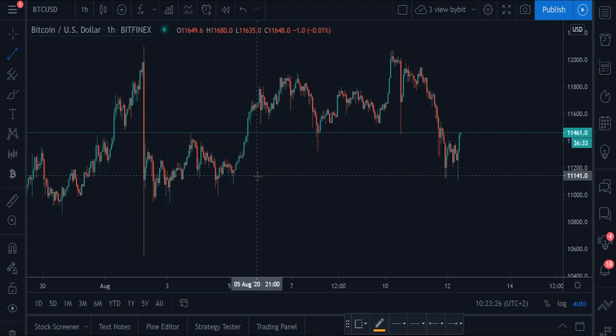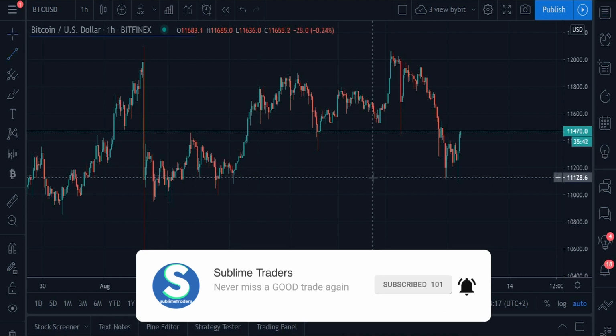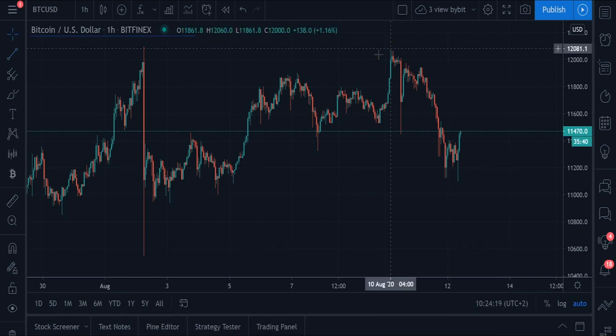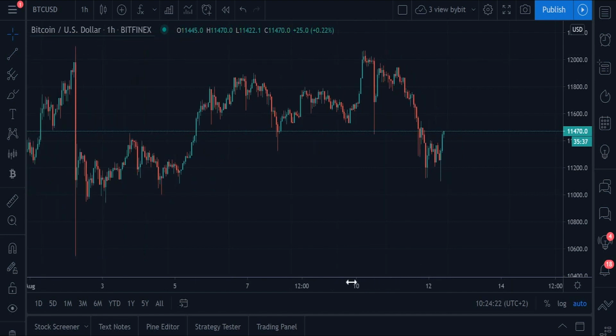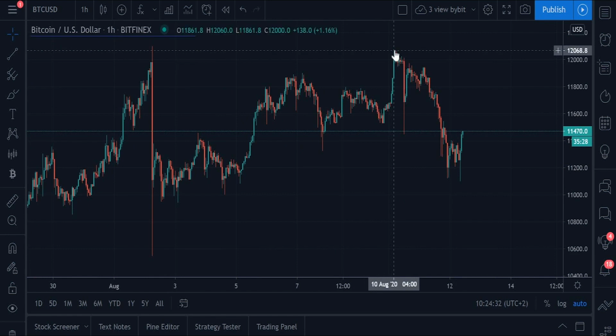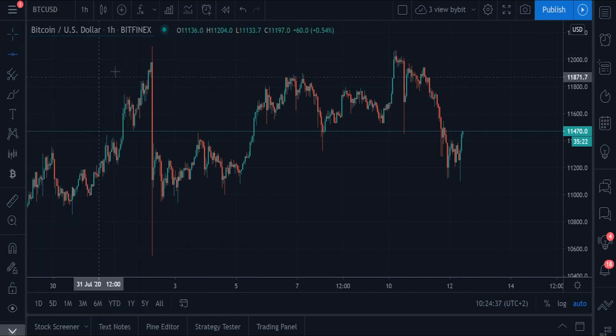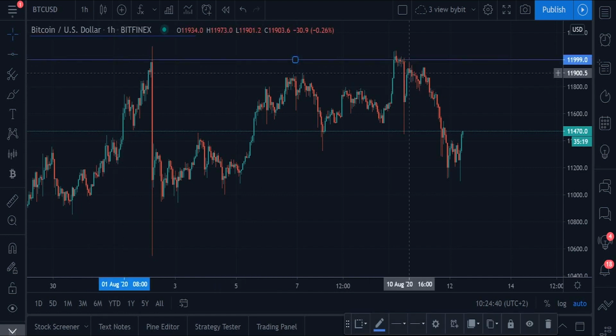Today is Wednesday, the 12th of August 2020, and we're going to start off with the price action of Bitcoin. We are starting off with the hourly chart, and by looking at the price action from Monday, we can see that the price came up to retest this high here at around $12,000, which is this significant horizontal level here, but then after it entered the seller's territory, it started declining and made